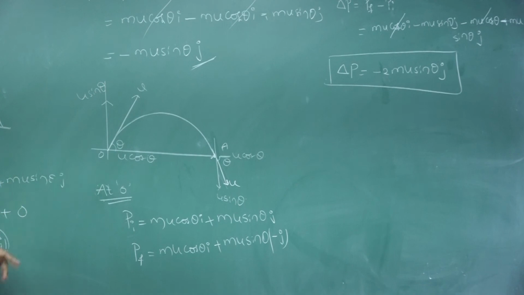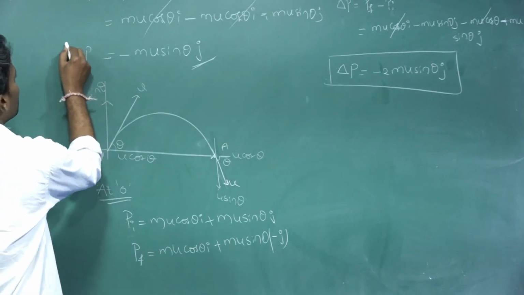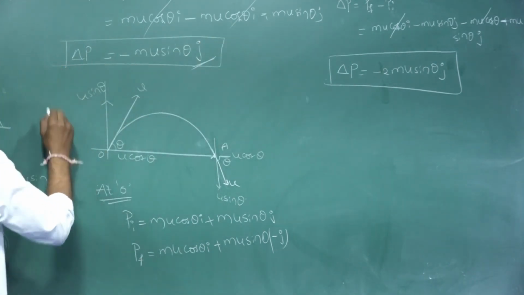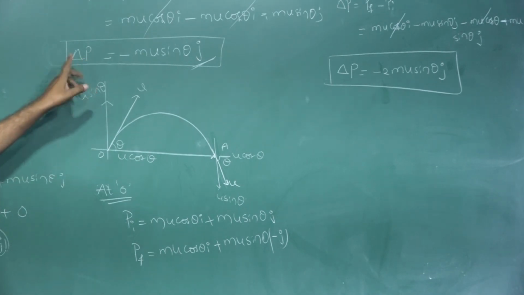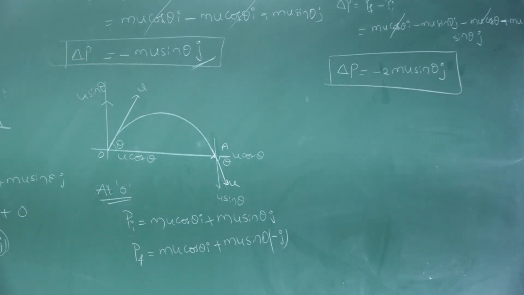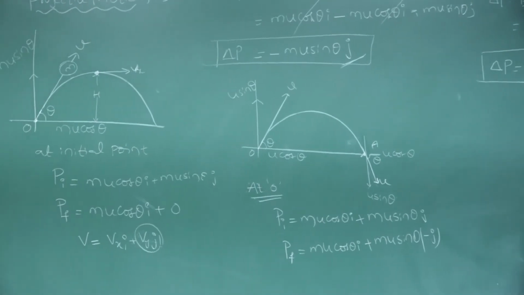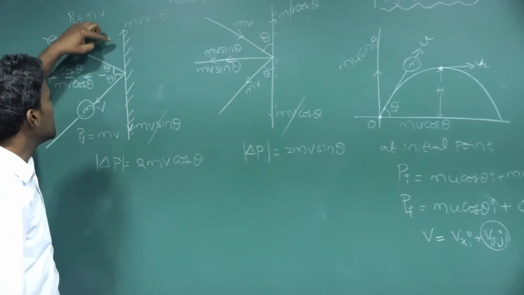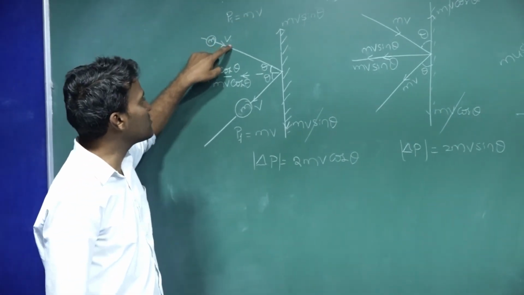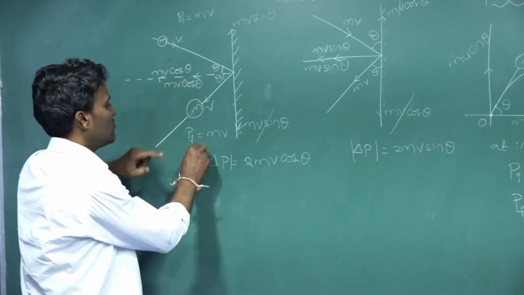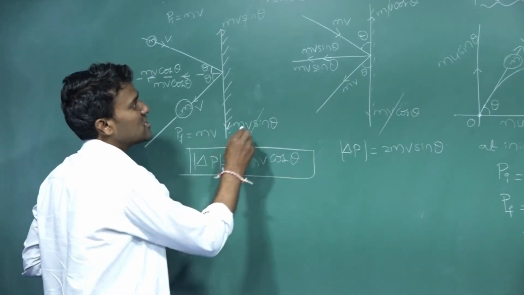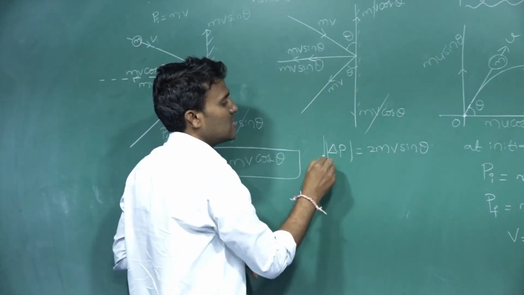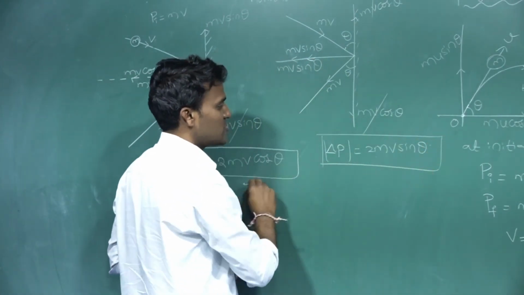And this is the change in momentum for the highest position, and this is the change in momentum when the momentum is making an angle with the vertical, and this one is when the momentum is making an angle with the horizontal. So these four concepts